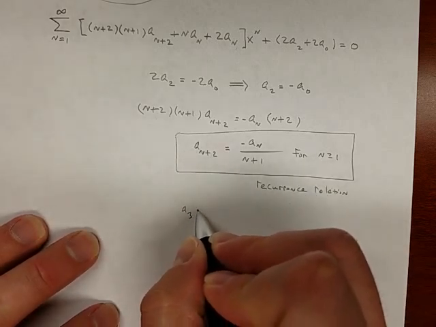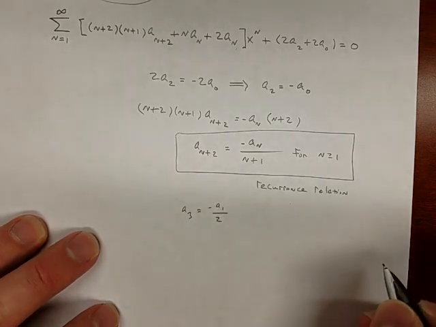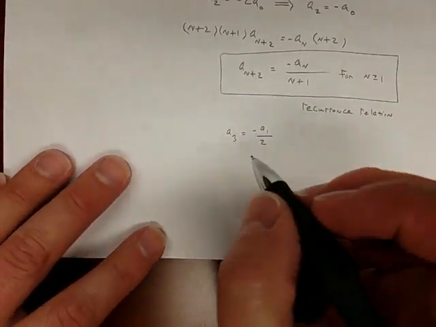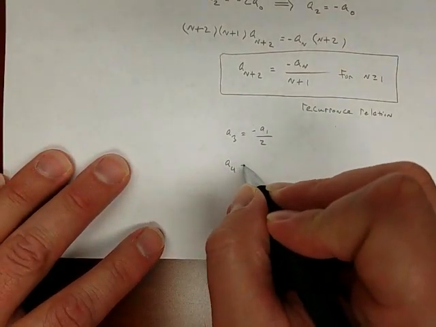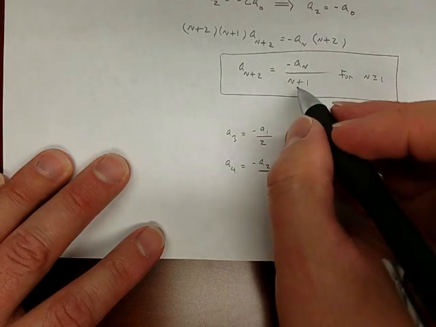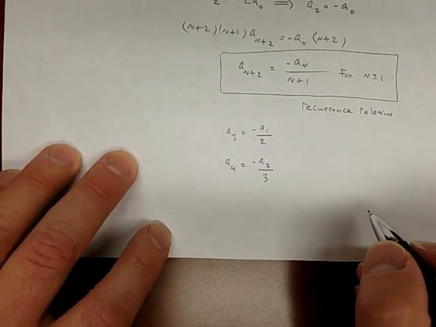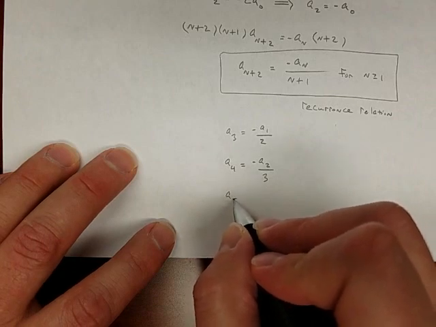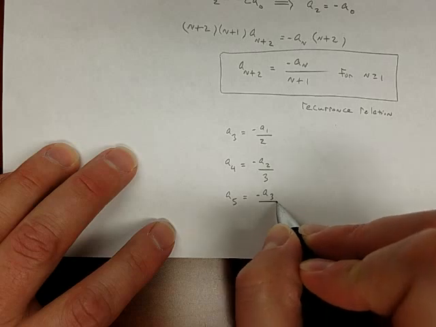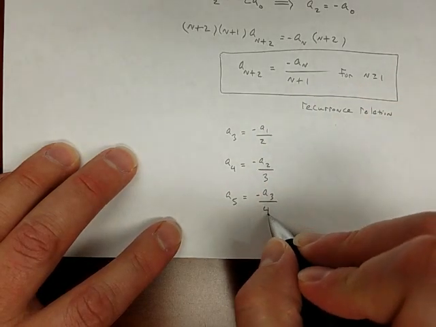A sub 3 is negative a1 over 2, and there's not much else I can say about it besides that. What else? A sub 4 is negative a2 over, so I'm putting in 2, so 3. What else? A sub 5 is negative a sub 3 over 4, but